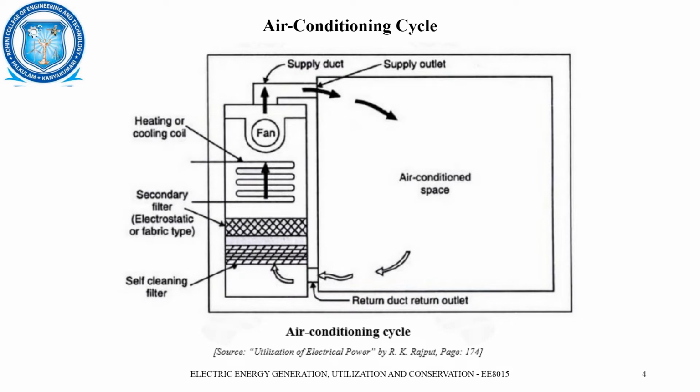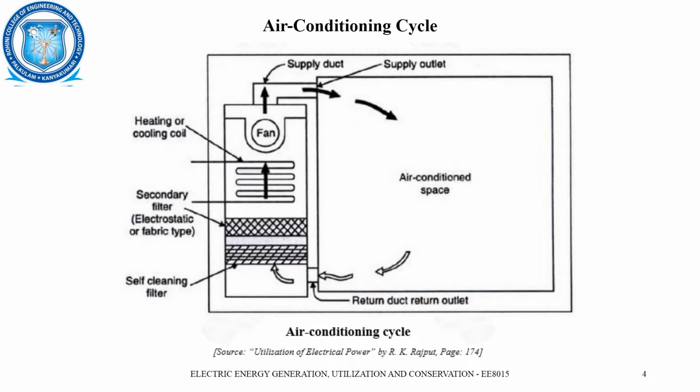This is how the air conditioning cycle is presented. Normally, the fan will be there. We have air from the space, I mean from the room. The hot air will be passing through the air conditioner. Here, the self-cleaning filter will remove the dust particles, and then it will move towards the secondary filter, which is nothing but an electrostatic or fabric type filter, which will then clear out the